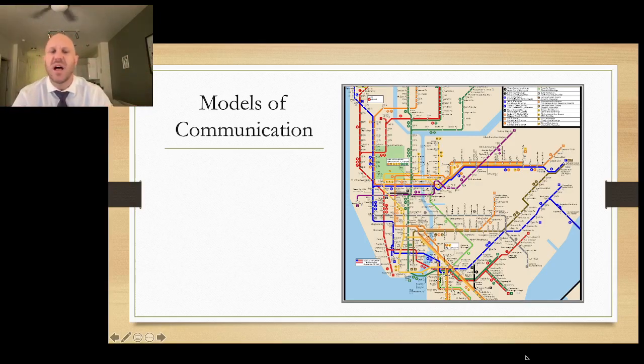The model also is going to really highlight certain aspects of reality. It's going to include certain things and not include other things. So the model is going to tell us what we should be looking for, but at the same time, it's going to have some weaknesses that it won't be able to address. So as we go through these models, we're going to talk about what are some of the advantages and disadvantages of those models.